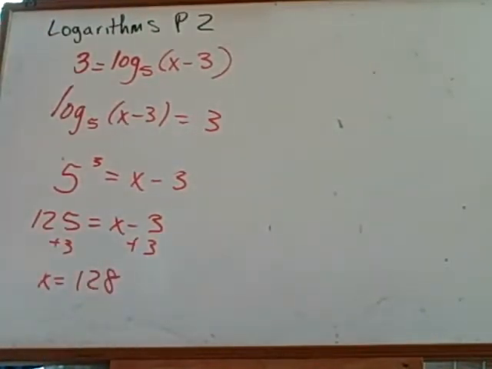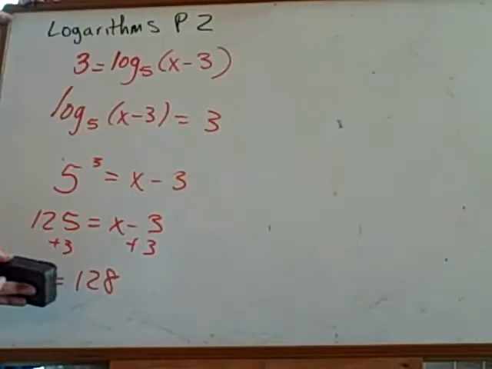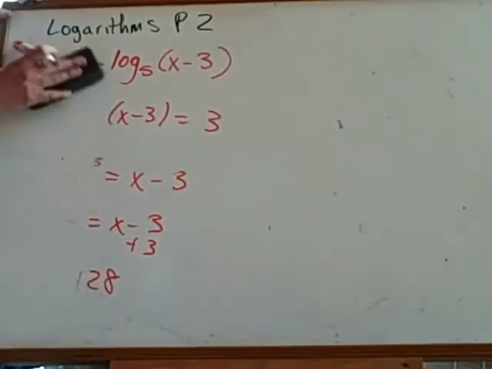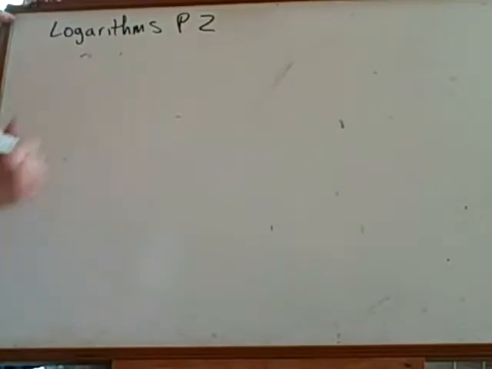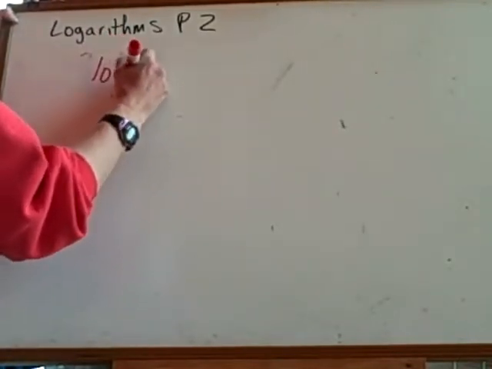Yep. Okay. We are going to do some of the examples on page 3, but we're going to skip any of the ones that have an e for now or an ln. We're just going to stick with regular common logs for now, and we'll come back and do the other ones. All right, so that first one that says 4 times e to the negative, we're going to skip that for now. And we're going to go down to the next one, which is log base 1/3 of x